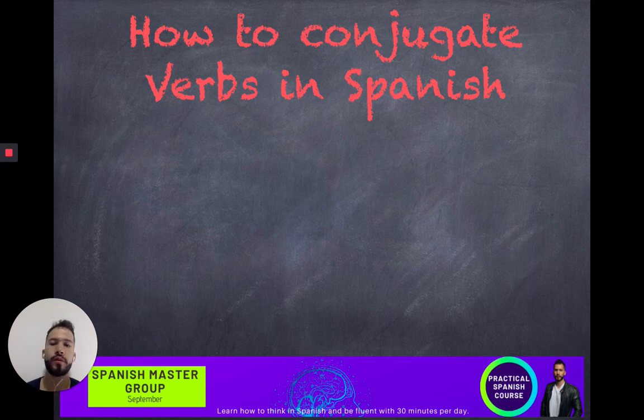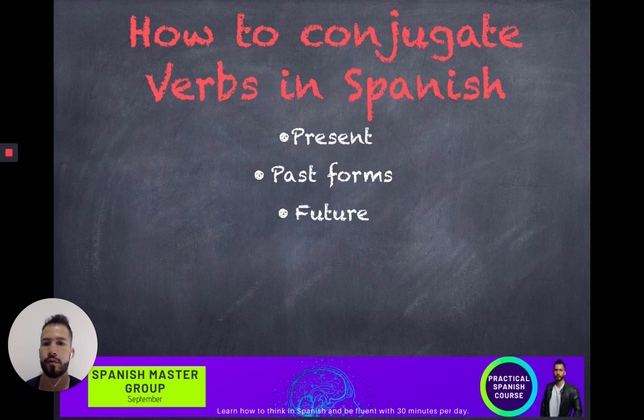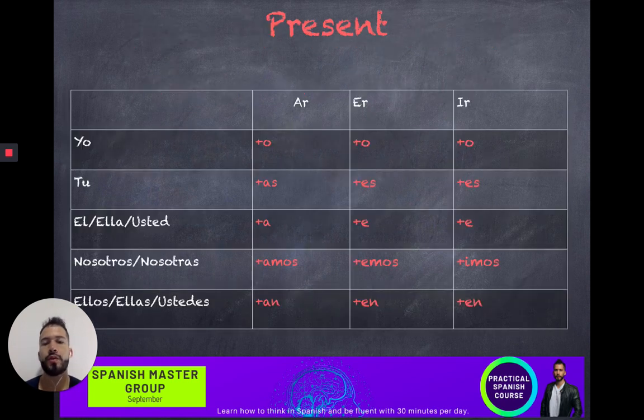Today, we are going to learn how to conjugate verbs in Spanish in past, present, and future. Let's start with present, which is the simple one. Then, past form, there are four important past forms, and then future that has two different forms. So in present,